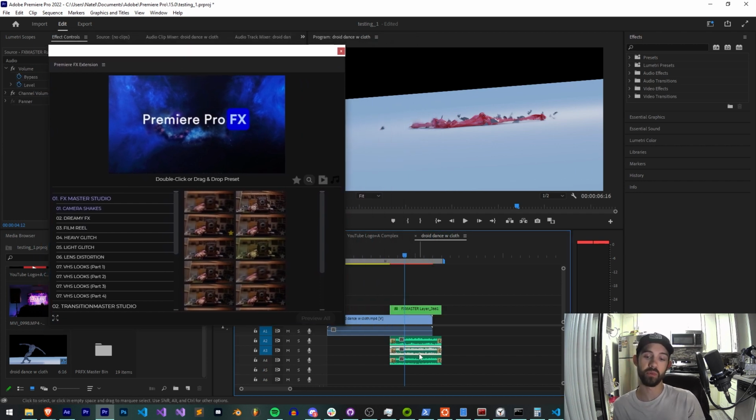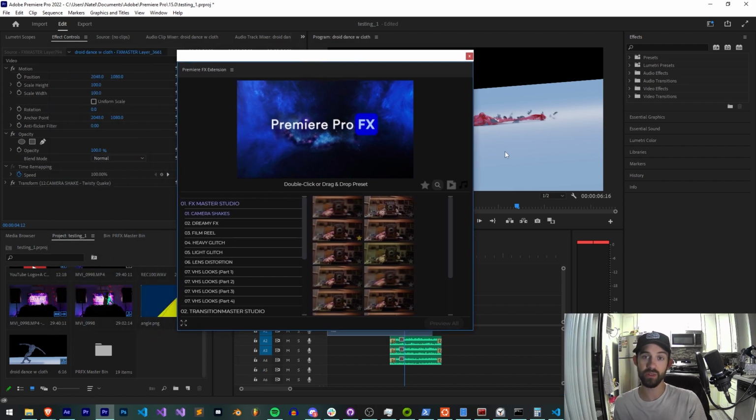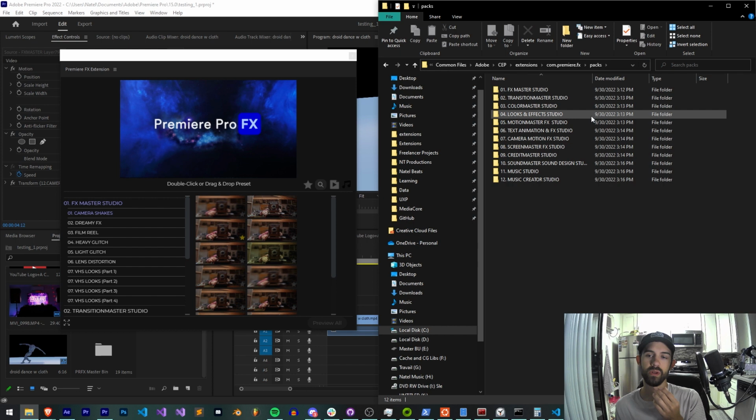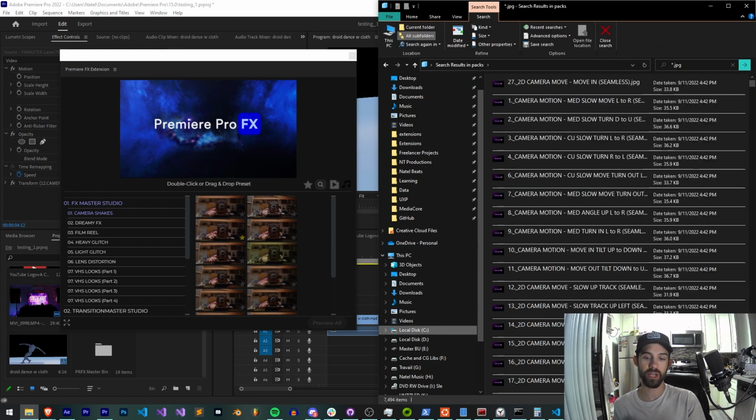Not only are we dealing with audio, we're making sure that it's pasting on the correct tracks, we're making sure everything is scaled appropriately so the effects appear appropriate, and a whole bunch of other background stuff for all of these presets. And when I say all of these presets, it's because there are a lot. Now, one way I can kind of search for the amount in here is to search for JPEG images, but